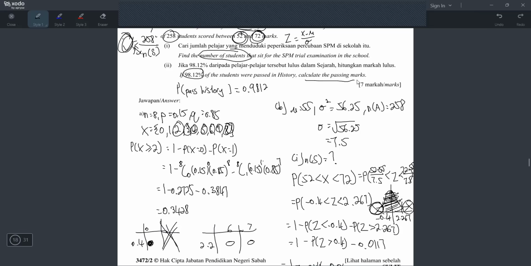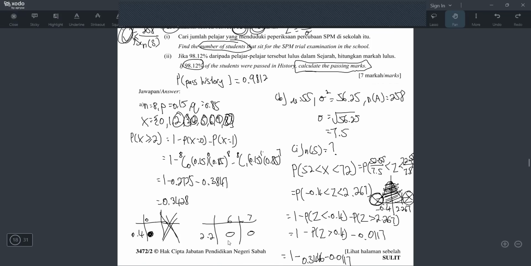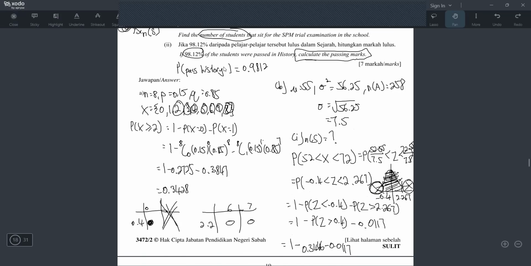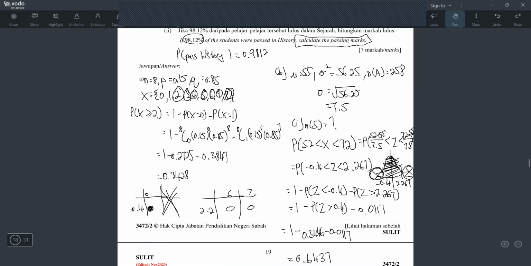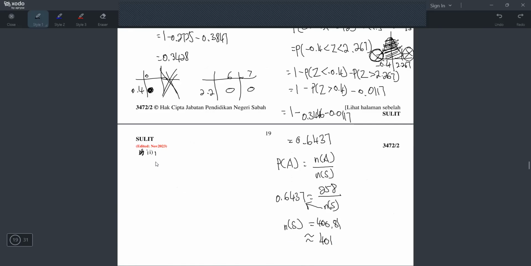And then they say calculate the passing mark. So how do you do it? This one you cannot look outside the table. Later when you look at the table, you have to look inside. You know why? Because you don't have the Z value, but you have the probability, or area. So later we have to read inside. But how to write? Probability of past history equals 0.9812 means I will let the passing mark be